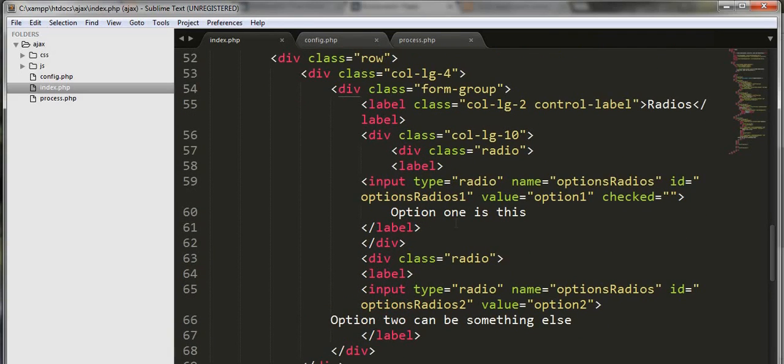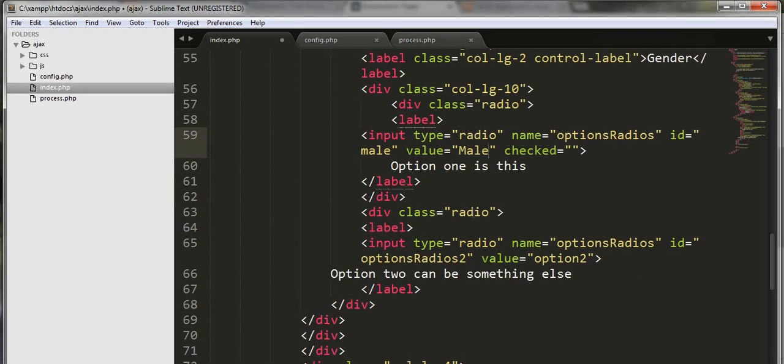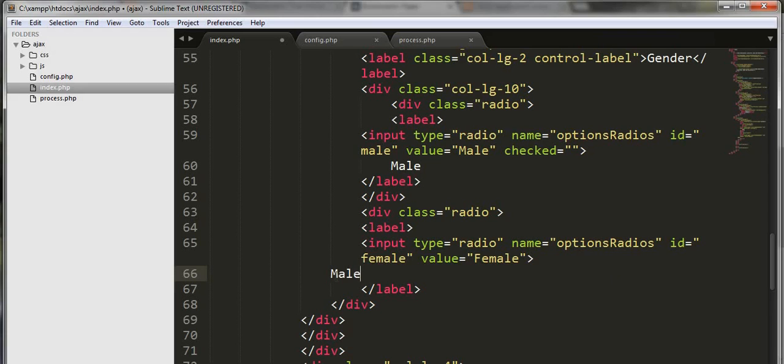Save it and just gender, ID as male, and your female, okay, and here should be male, okay, and female. Save it